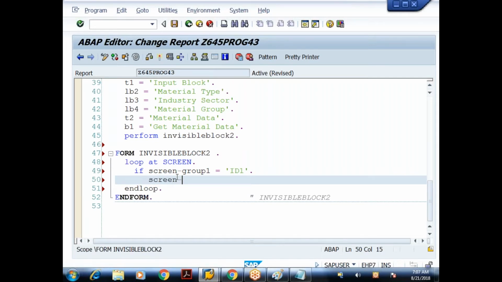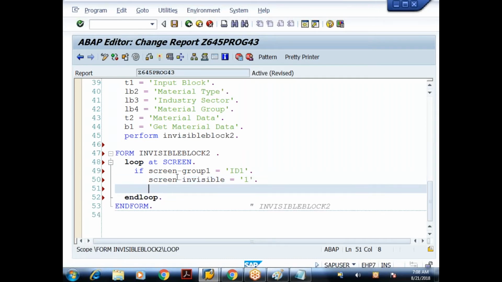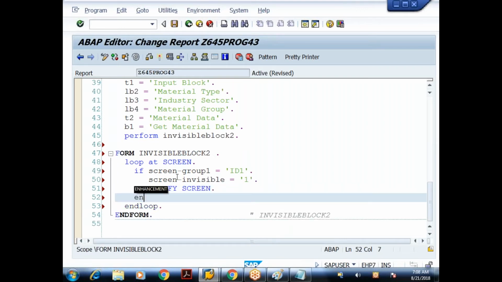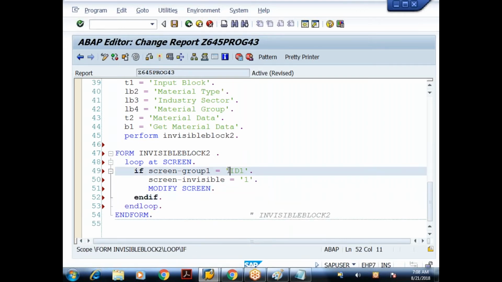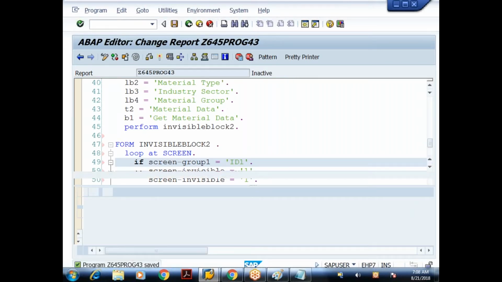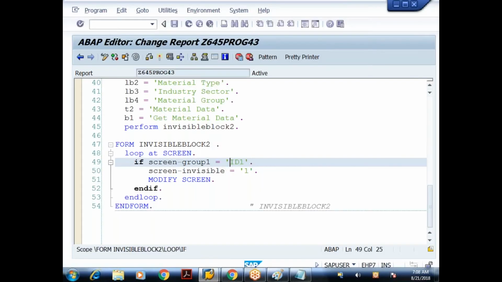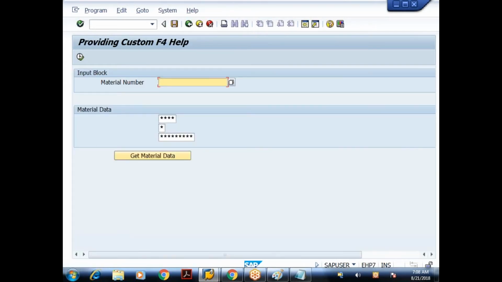So I'll say screen-invisible equal to 1. I have to update the internal table. How do you update? You'll say MODIFY SCREEN, and then ENDIF. So to this group we have around 6 elements. Let me check what happens when I execute. Good. So you can see what happened. The labels and comments got invisible, but the input fields are not made invisible. They are coming in